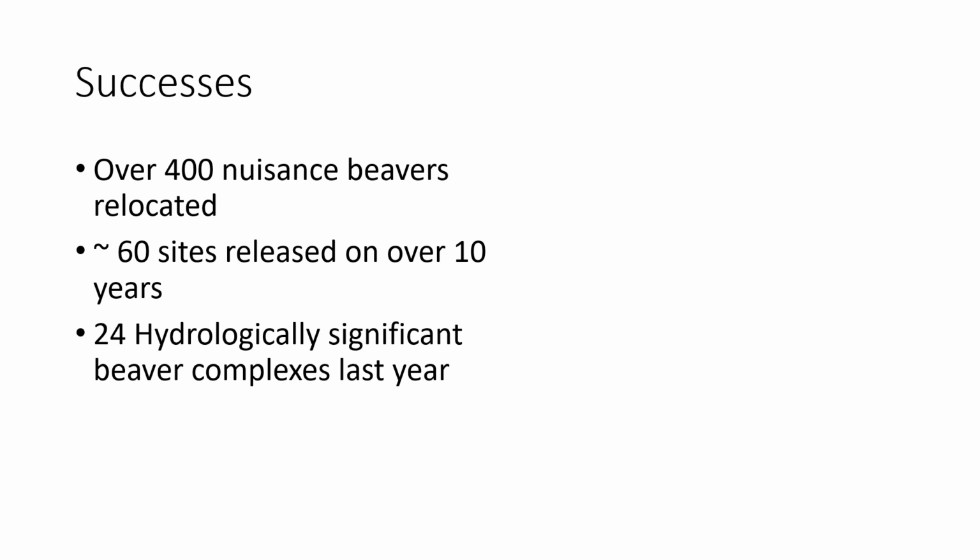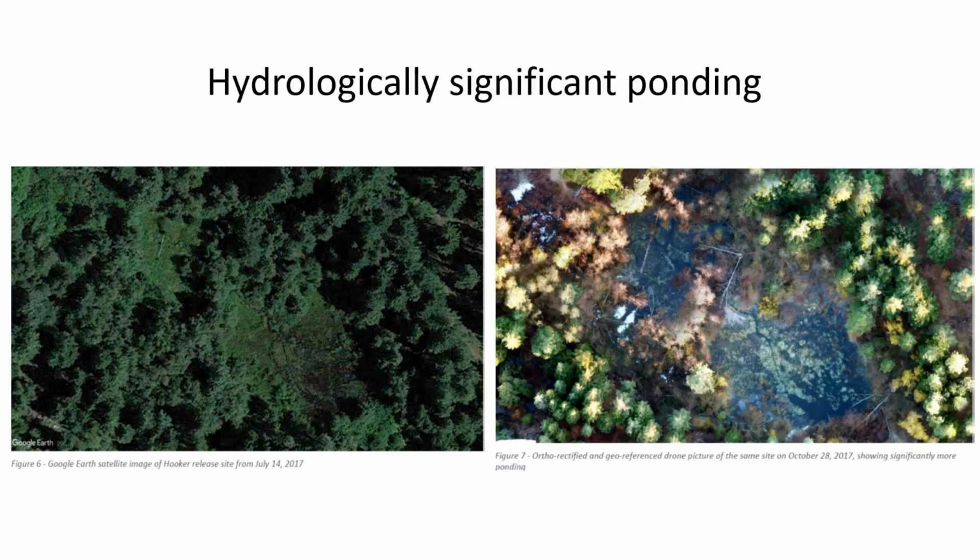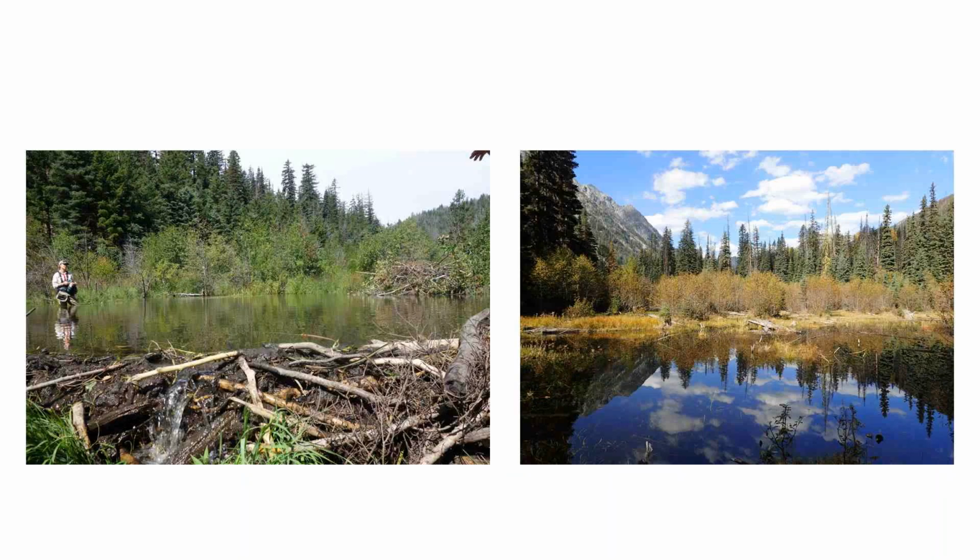They're not always being actively maintained, but in a lot of these places, especially in a series of low water years, they can last one season, five seasons, maybe even more, depending on the flows. Here is some hydrologically significant ponding. This is Hooker Creek, and we're starting to get into a lot more drone imagery and ortho imagery to look at changes in the sites that we're working in, which is really fun and exciting. So I'm just going to blaze through a few of our